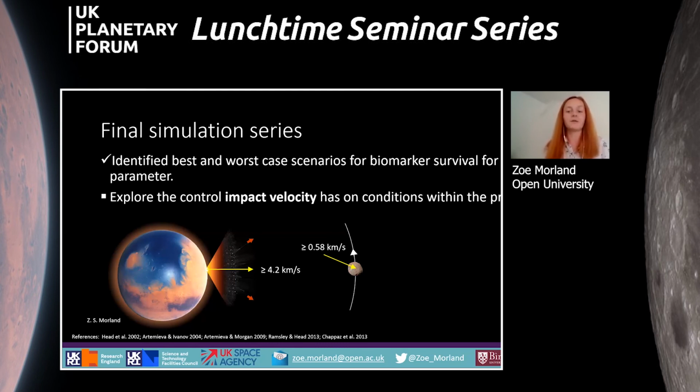However, studies have shown that material ejected at more than 10 kilometers a second is likely to be almost completely molten, which is not favourable for biomarker survival, which is the focus of this study, so this can be placed as an upper limit. Finally, the inbound ejecta, which was unable to escape Mars, then impacts the non-Mars facing hemisphere, will be travelling at lower than Mars's escape velocity of 5 kilometers a second. Considering all these values, as well as the ejection angle, impact plume intersection point, and Phobos's orbital velocity contribution, an average impact velocity range has been estimated at between 2 and 4.5